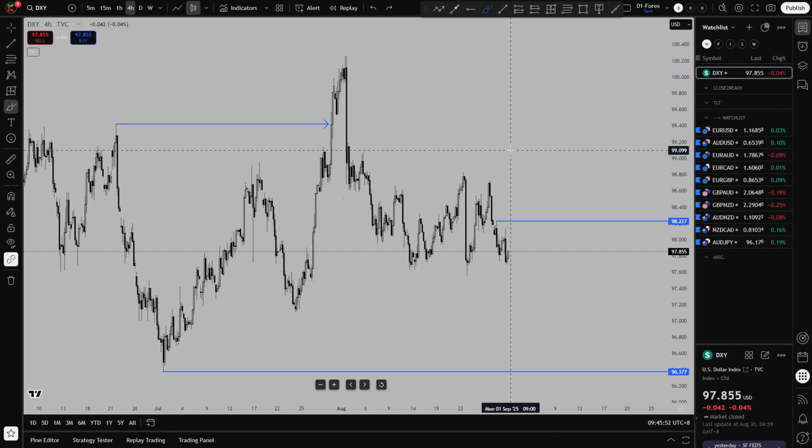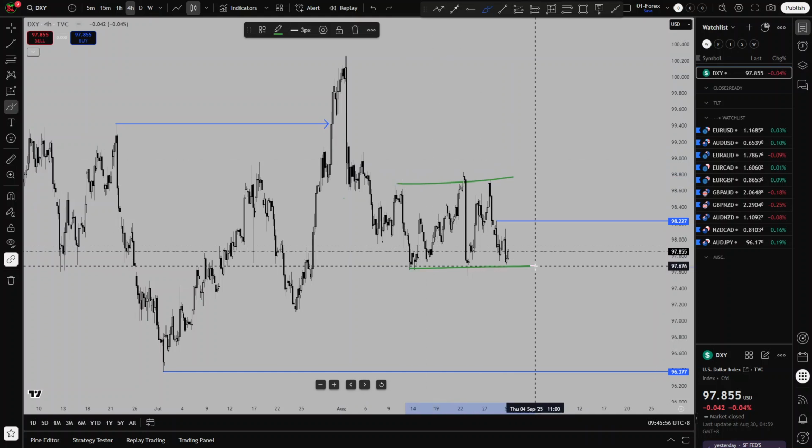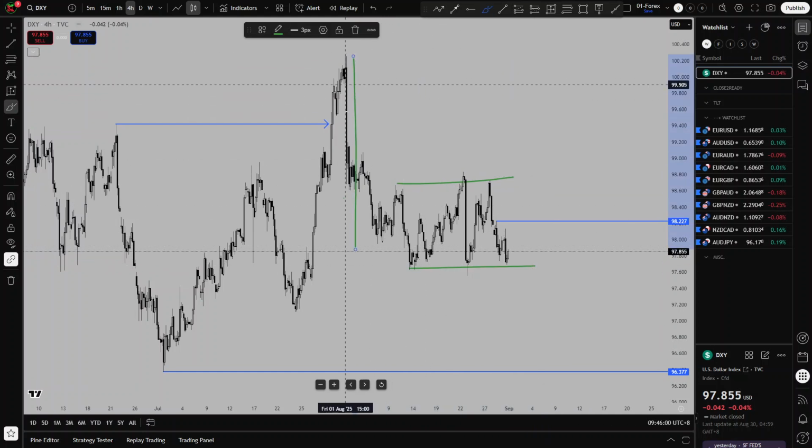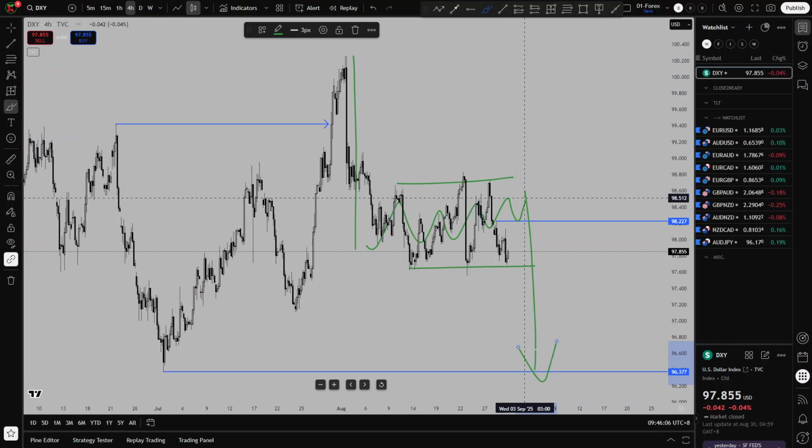Let's start on the DXY on the 4-hour time frame, and we are still within this corrective move. Here we had an initial impulsive move to the downside, are now in this corrective phase and are looking for price to finish the next impulsive move to the downside into these areas of interest here, or even the value